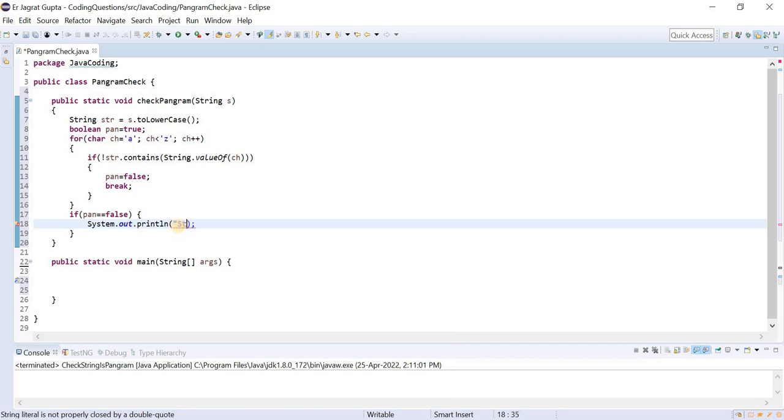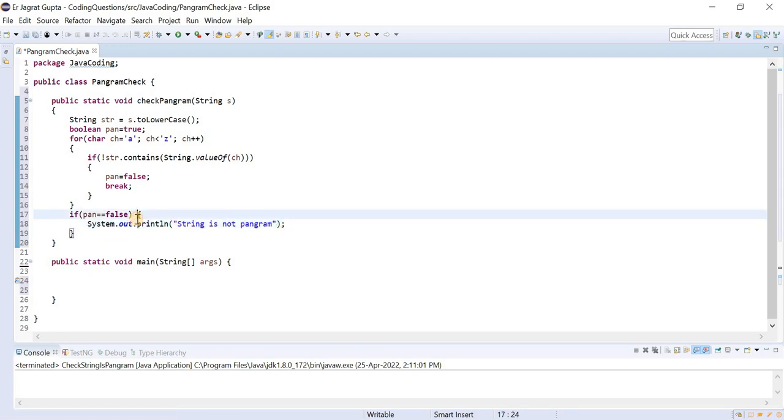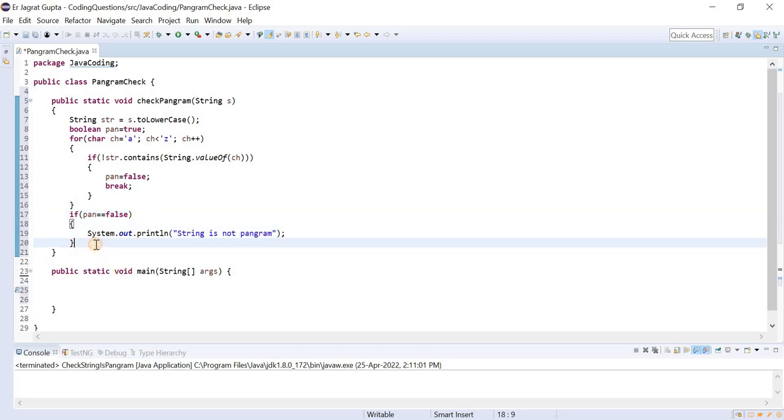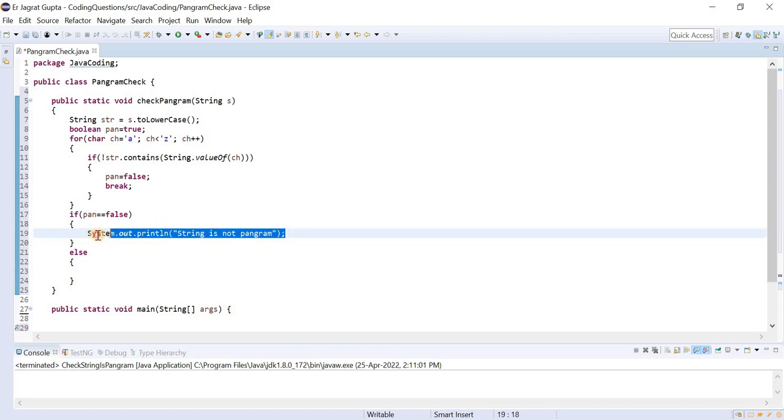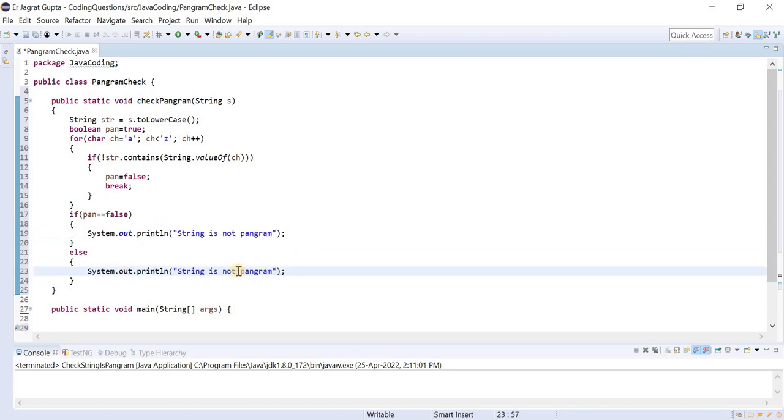Just give me a second. So: string is not pangram. This is for the false condition. Else, we copy that, and we say that the string is a pangram string. That's it. This is the logic.